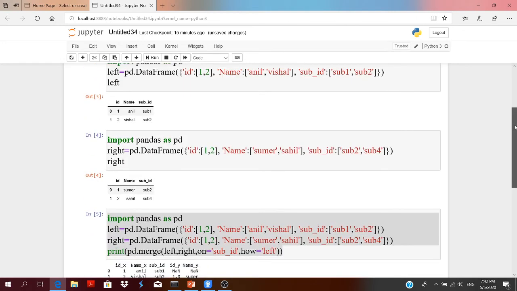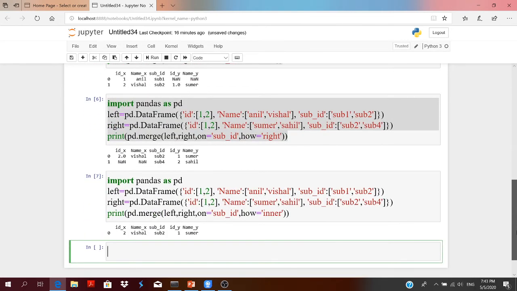Since the subject ID in the two data frames is the same only for sub 2, that's why only this row, 2 Vishal sub 2, 1 Samar sub 2, has been added, and sub 1 and sub 4, these two rows will not be considered in your result. That's why it is returning only a single row with sub 2 as a subject ID.